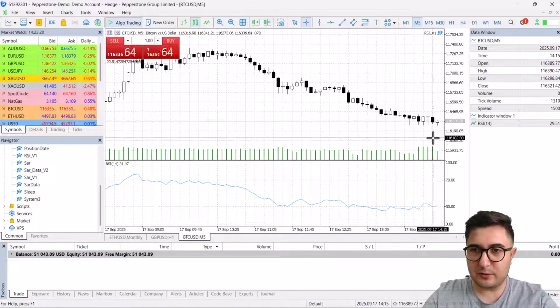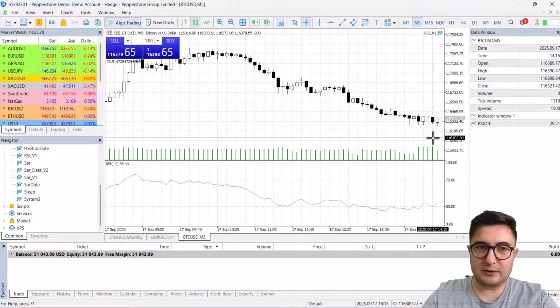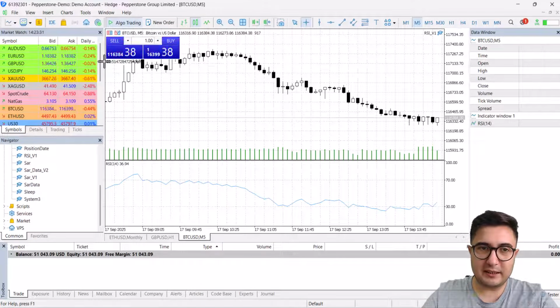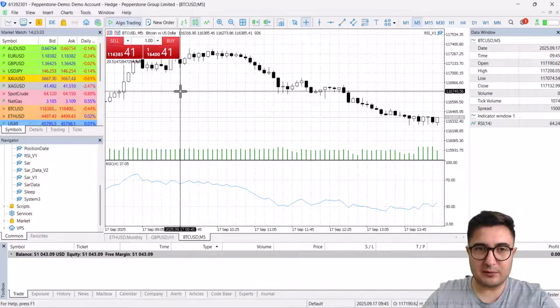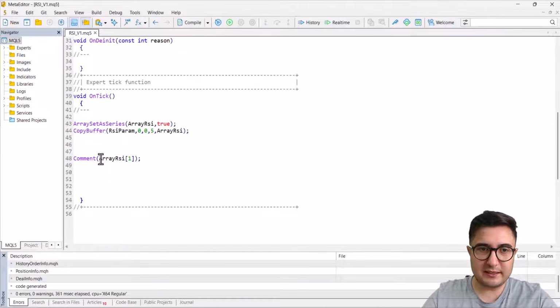So let's stop on this bar. As you see in left, RSI 14 is 29.51. So we get the correct data. Just the problem, ours has more digits. So we can easily clean this digit, normalize double,